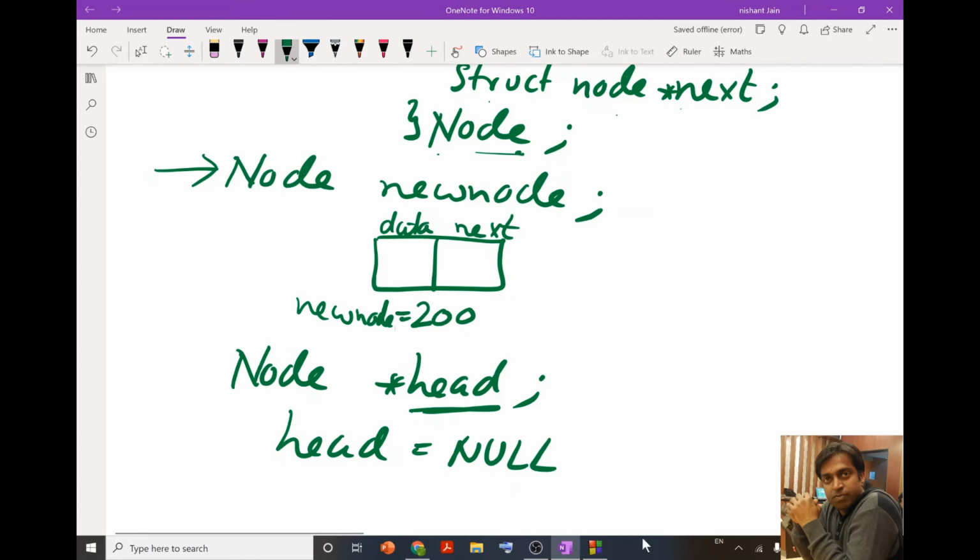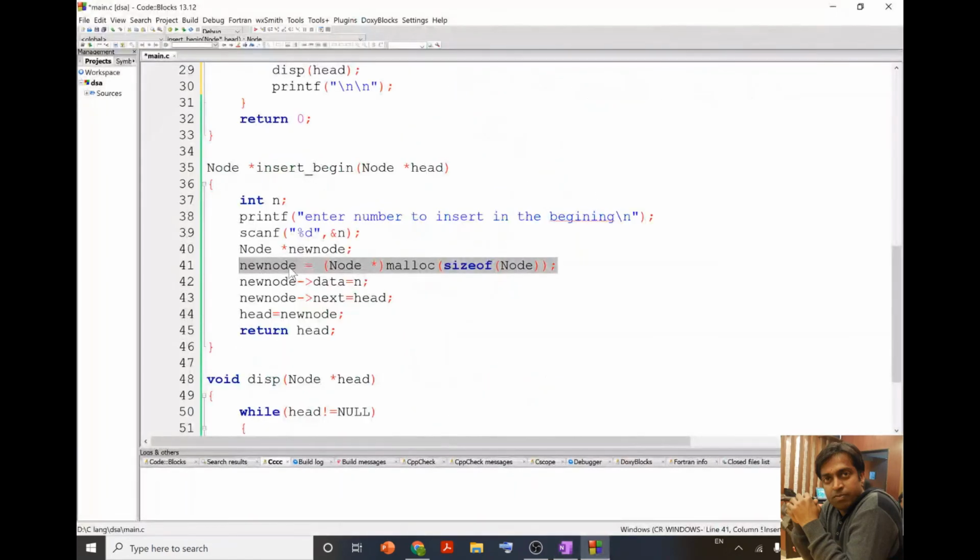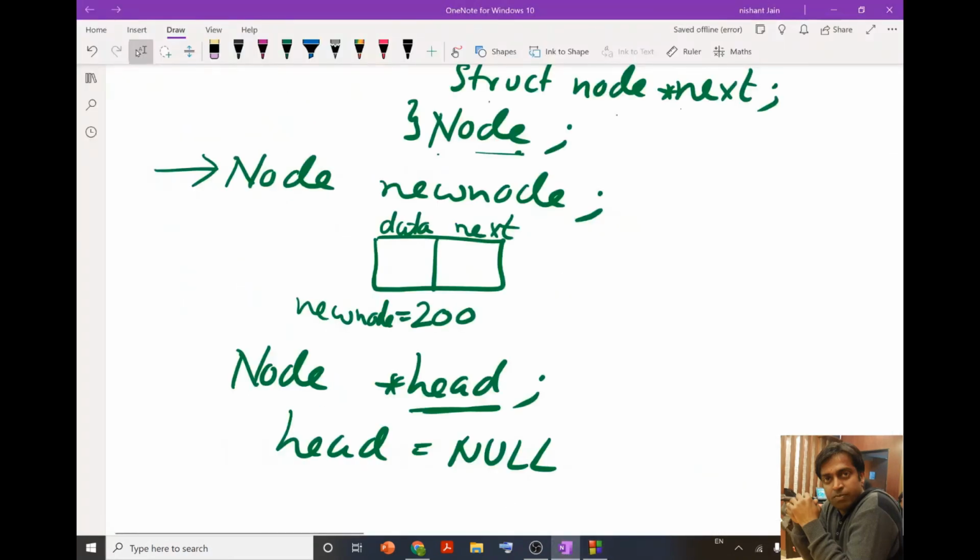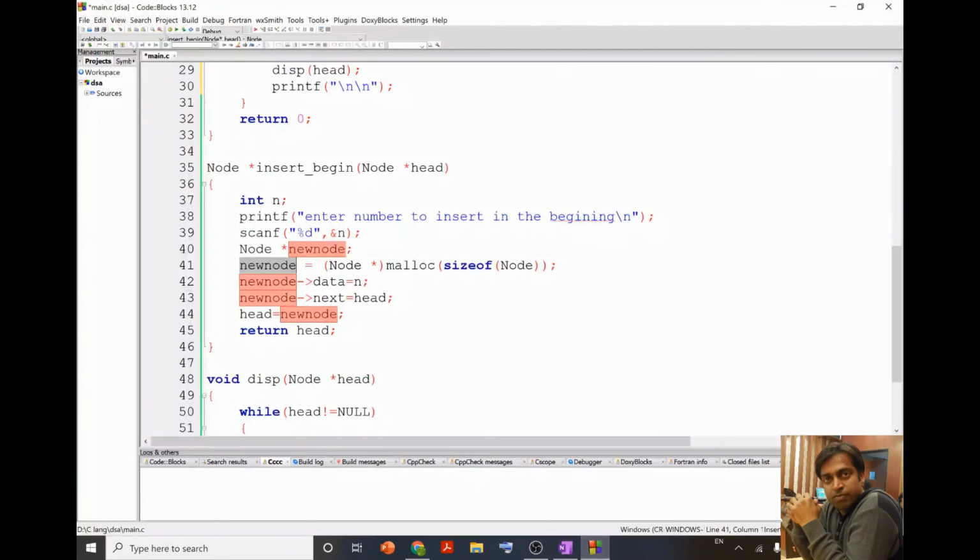So as soon as we execute this particular line, the compiler reserves the memory, and the address of that memory will be given to this new node. So new node will have the address, like 200. Now, since new node is carrying an address, instead of the dot operator, we are going to use this arrow operator.